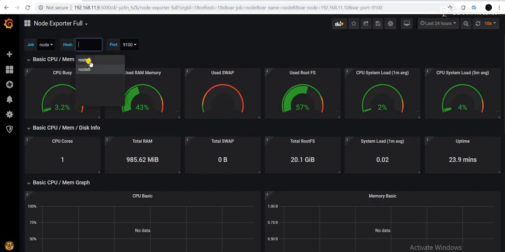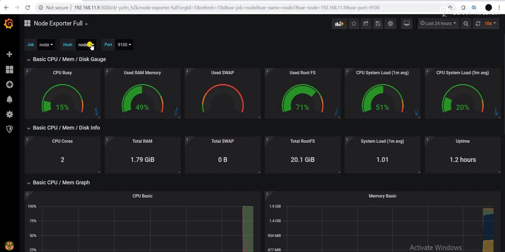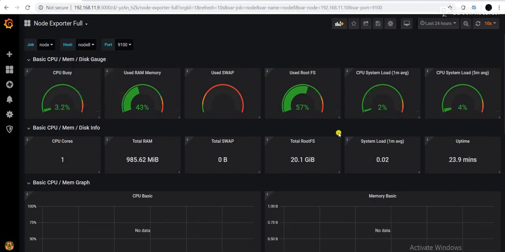This is Node 7 and this is Node 8. It shows the status, CPU utilization, memory utilization, swap, file system usage, everything. In this way you can add as many Linux hosts to the Prometheus monitoring server for monitoring.